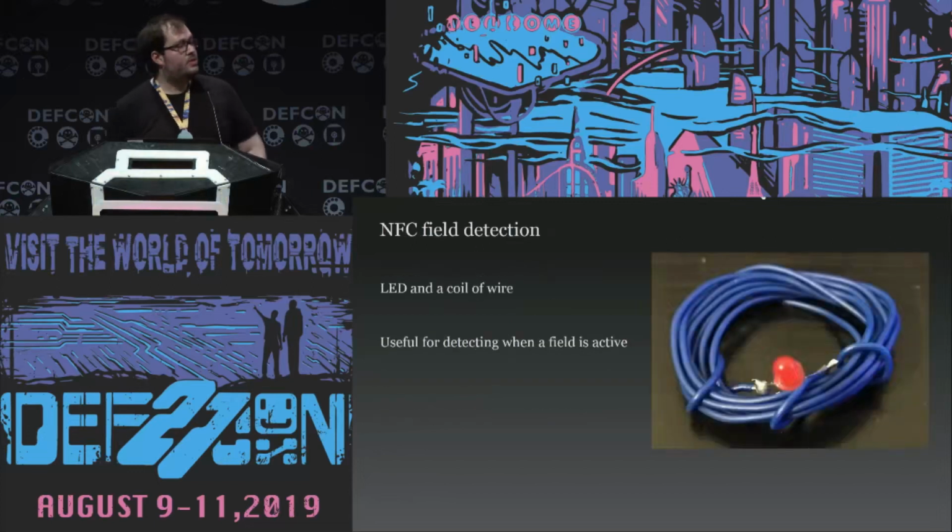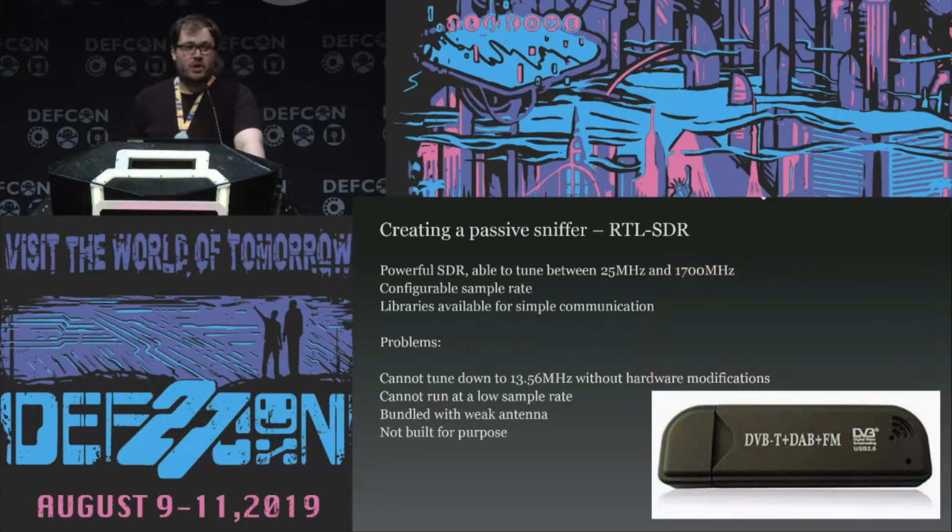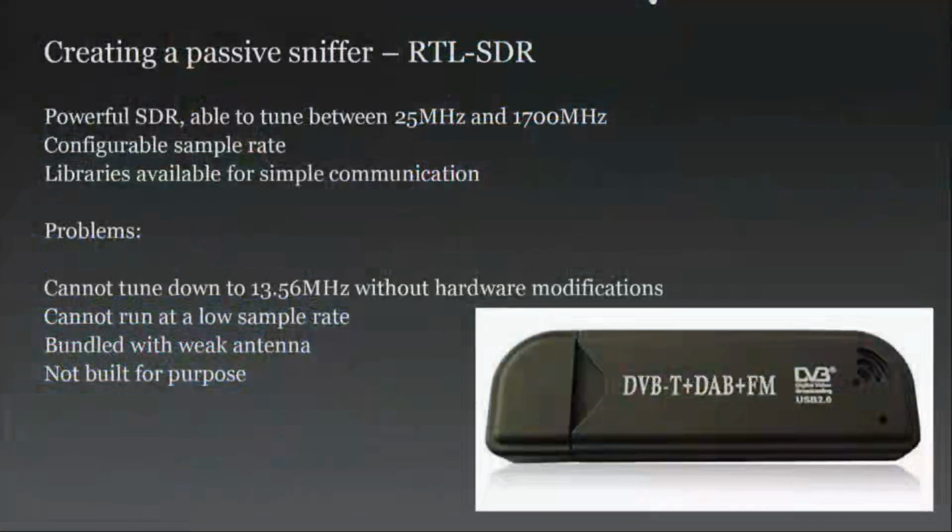So let's start with the absolute basics. If you take an LED and a coil of wire and solder them together, you can detect an NFC field. That's all you need to see that NFC is working. It will literally light that LED as soon as you put it within the field's reach and show that it's working. But if you want to go higher level and get more details about the communication, you can create a